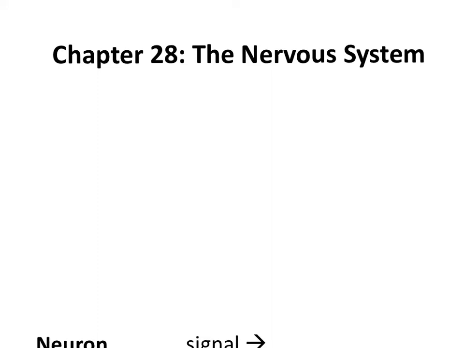This video is Chapter 28 Notes, Part 1, an introduction to the nervous system. The nervous system being your brain, spinal cord, and all of the neurons throughout your body. The nervous system is a way of communication between cells. So again, we will see the idea of a molecule being released by one cell and binding to a receptor